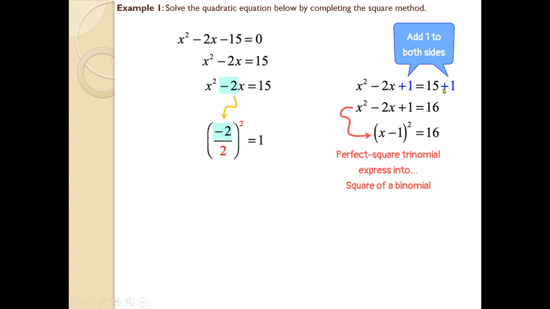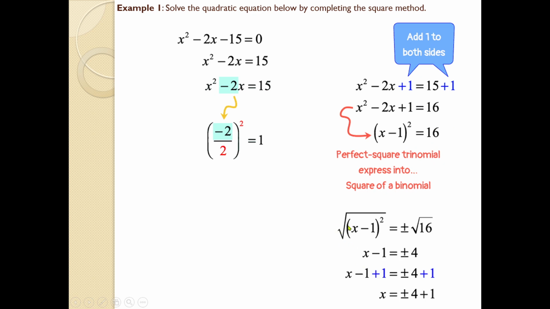And in the right hand side it will be 15 plus 1, it will be 16. So x minus 1 raised to 2 equal to 16. Remember, our computation is not over. Now you need to put square root on these two sides. So it will be like this. Root of x minus 1 the whole square equal, remember there is one step, don't forget to put this one, plus or minus root of 16. So x minus 1 the whole square raised to root means x minus 1 itself equal to plus or minus root of 16, which is 4.